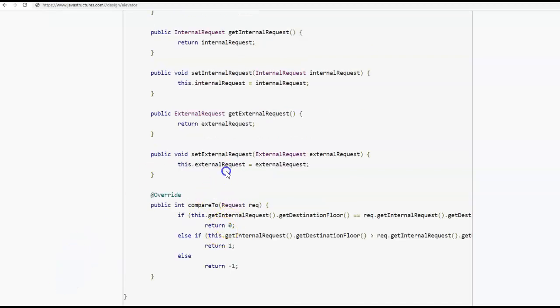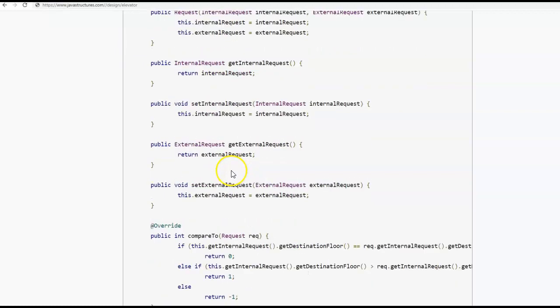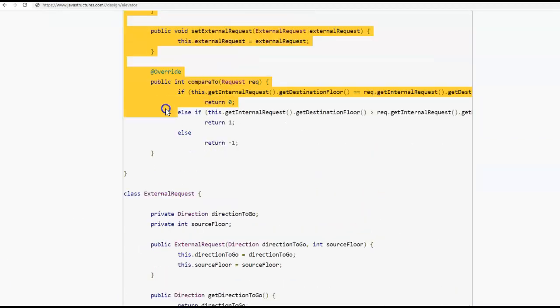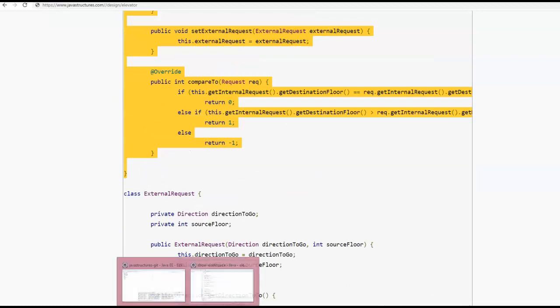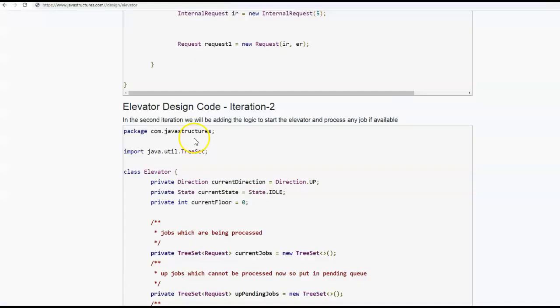Later when we'll be sending this request to the elevator, we'll be storing them in a TreeSet. So for that we are implementing this Comparable interface and the compareTo method. Here, based on the destination floor, we'll be sorting these requests and executing them accordingly. Let us create this Request class. So we are done with the first iteration for the elevator design code.